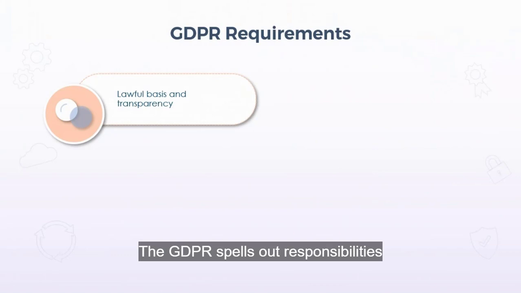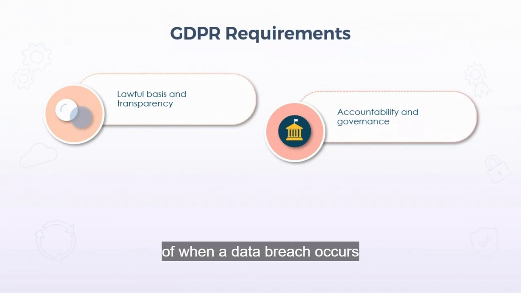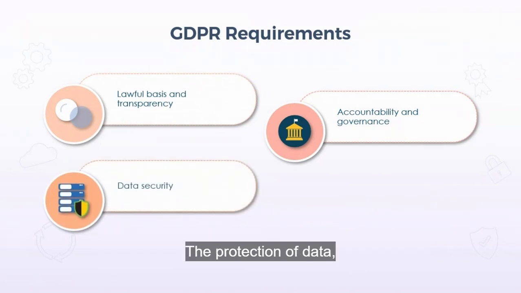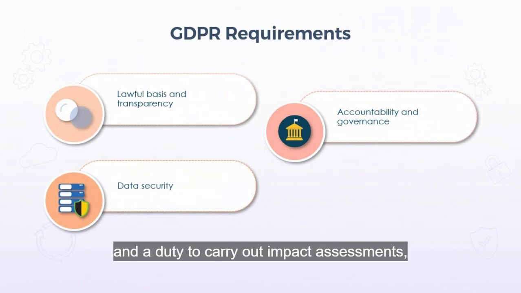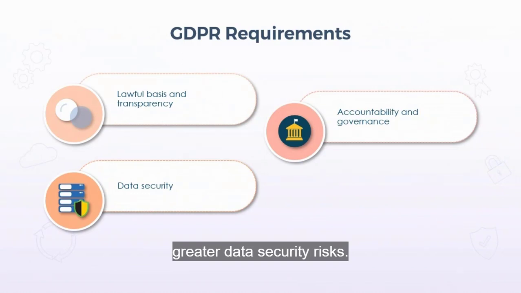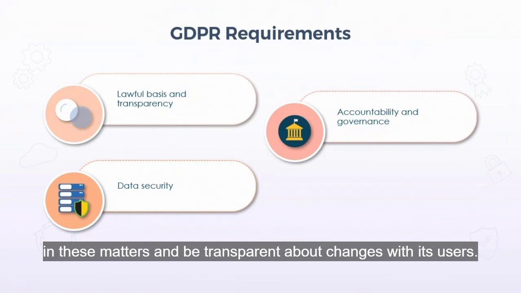The GDPR spells out responsibilities in terms of accountability and governance, not just who controls the data, but also who and where the data is processed. And there's a standard 72-hour window from when a data breach occurs to when it is reported to the governing authorities. The protection of data, the security of it without negligence, and a duty to carry out impact assessments, especially with respect to new technology that may introduce greater data security risks. The impact on a user's privacy when new methods are introduced. The organization should seek advice and input from the data protection officer in these matters and be transparent about changes